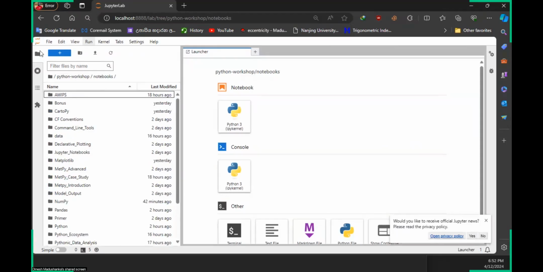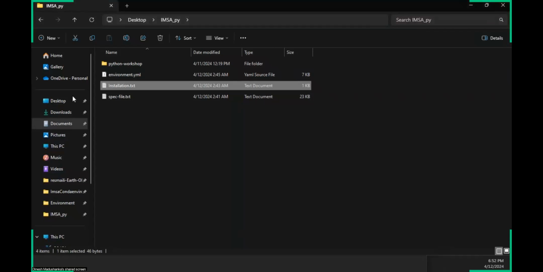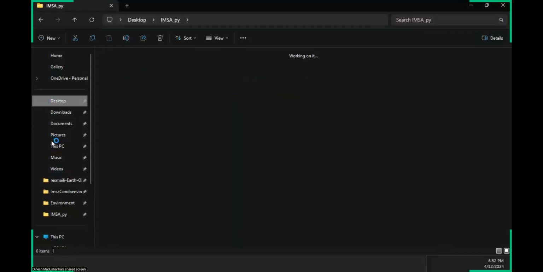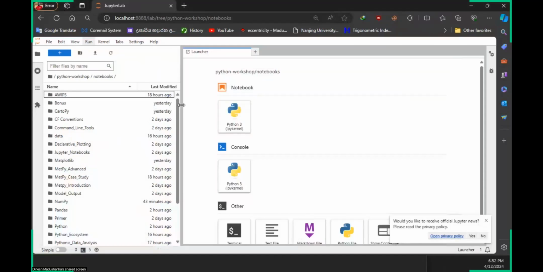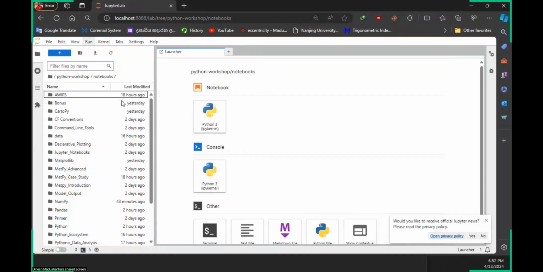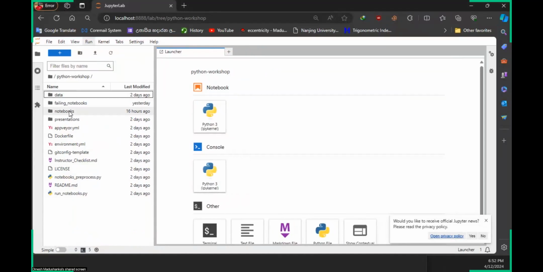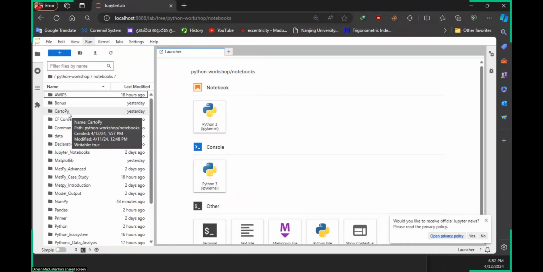Previously I have discussed this one. So here you can see the file browser. File browser is like the file explorer in Windows. It's just like this. We can navigate into our desktop, even go inside This PC and view whatever we want. So here you can see all the files that you have in that directory. For you guys, you will see Python and some folder named notebooks. So you can navigate into the notebooks and from there,